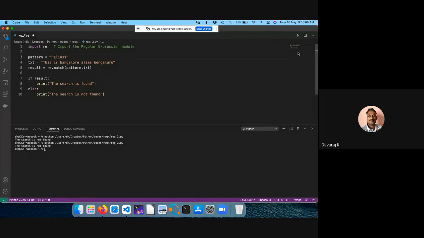Yes. Search is not found. The search is found, it should be able to give. So the search pattern is found within the test string. The method returns the object if the search is successful. So search is successful, why is it giving this error? It has to start with A and it has to end with S. Okay. String is correct. Why is it giving this error?